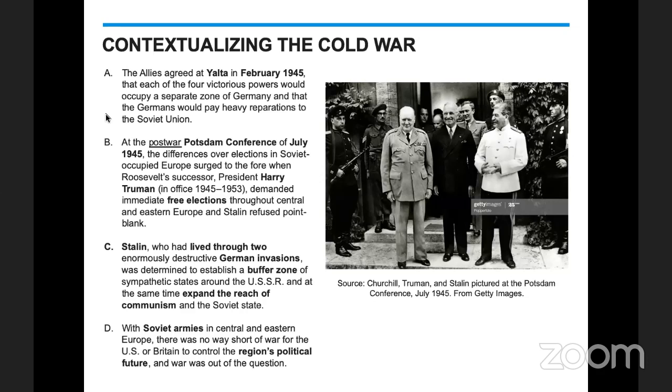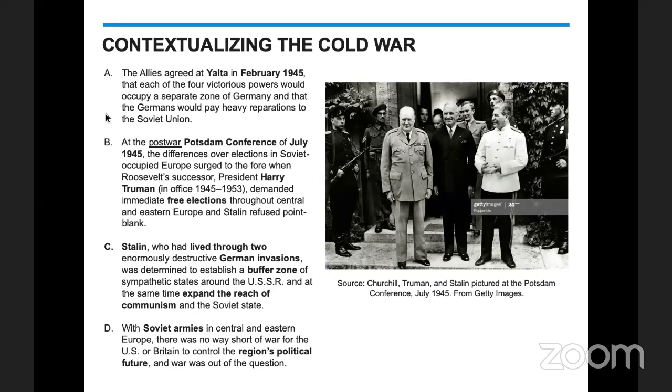The Allies are going to again meet in Yalta in February of 1945, and each of the four victorious powers would occupy a separate zone of Germany, and the Germans would pay reparations to the Soviet Union. And so the four victorious powers, obviously there's the three pictured, but France would also be very involved. And then for the B paragraph, at the post-war Potsdam Conference of July of 1945, the differences over